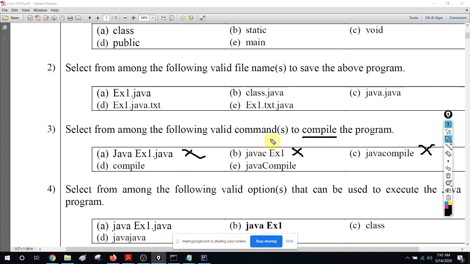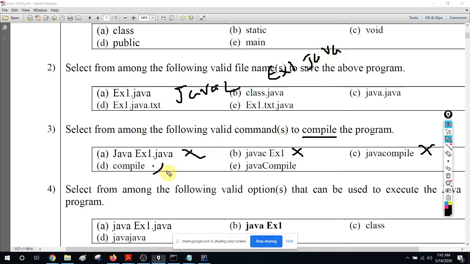If it is the command only, none of these answers are correct, because the command must be javac ex1.java. Even ex1 can be in simple letters. That should be the command. So none of these have that.